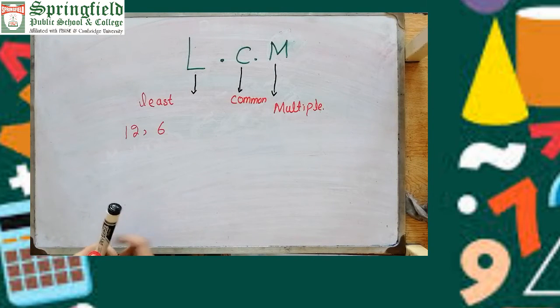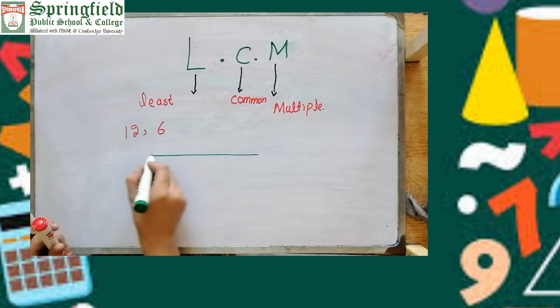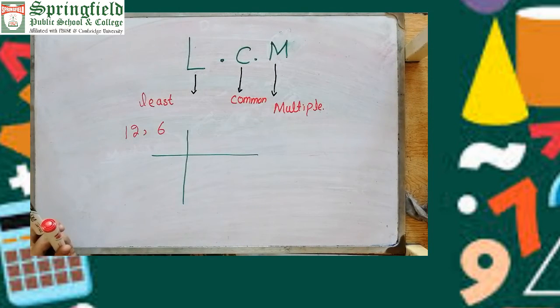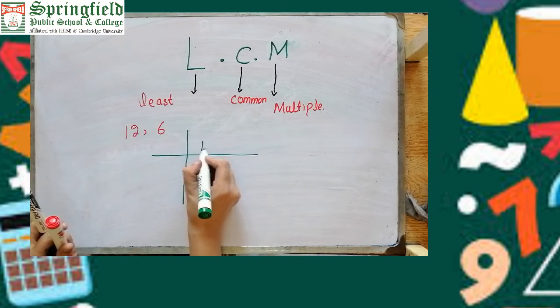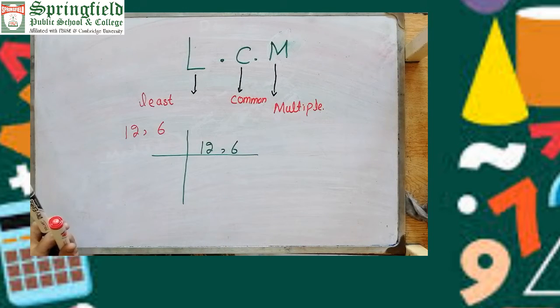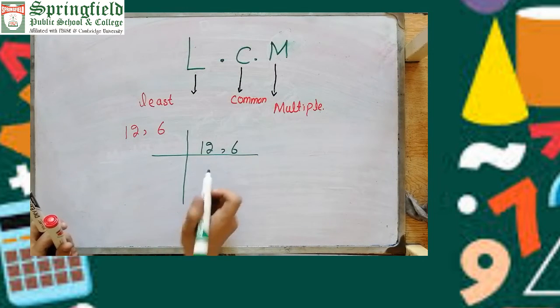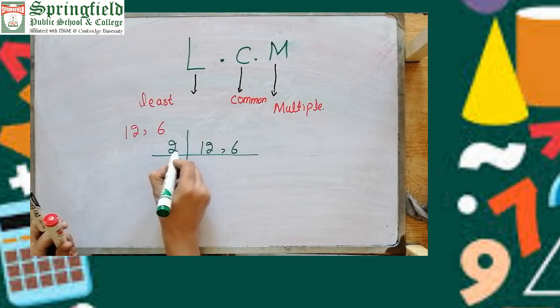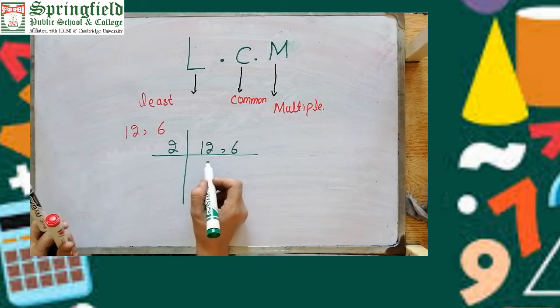Okay, in the second method we will find the factors of 12 and 16 by combined prime factorization. It means we will write both numbers at the same time and find the factors of both numbers at the same time. And keep in mind, we will use the table in which both numbers come. It means we will use the table of 2, because 12 has come in table 2 and 6 also.